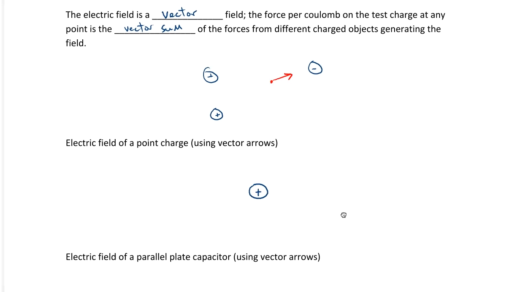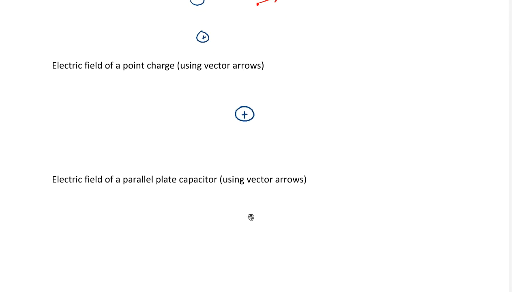Now, if we want to draw what we're seeing in the simulation, we can't use brightness and dimness in order to represent the magnitude. So let's put a positive charge there at the center. If we move the yellow test charge around, again, what we saw was that if we were really close by, we saw a really big force. If we were further away, let's say over here, we would see a weaker force. And if we were further away, let's say over here, we saw a weaker force. And we can see that the pattern is going to be that they are going to radiate out in all